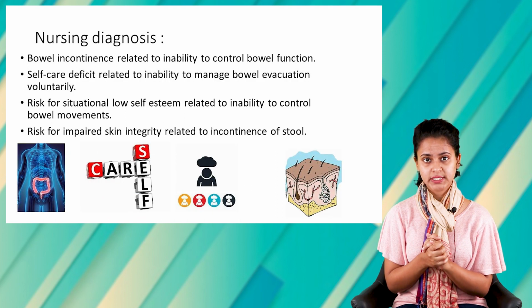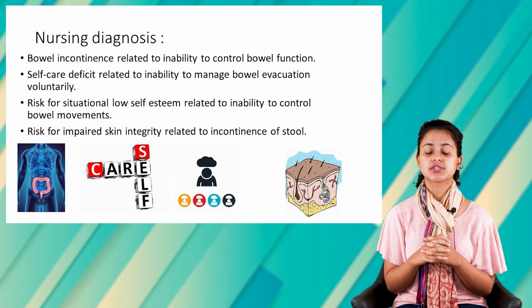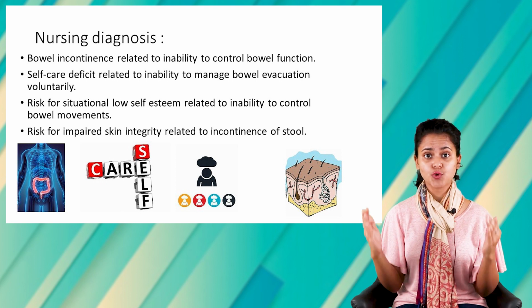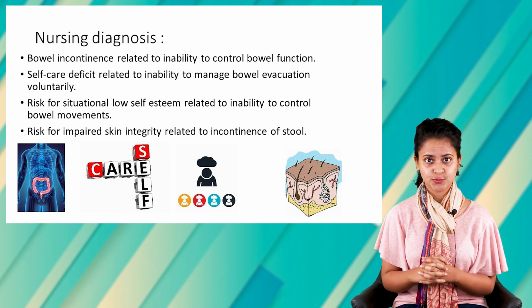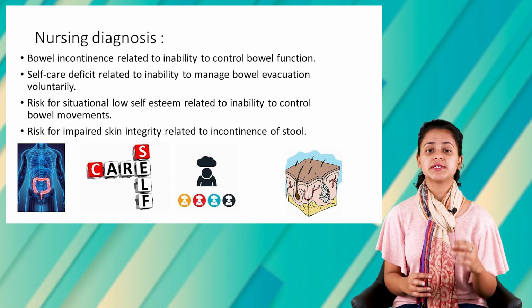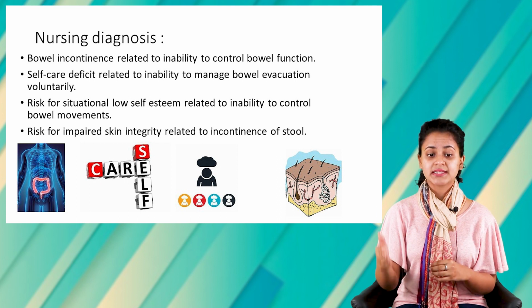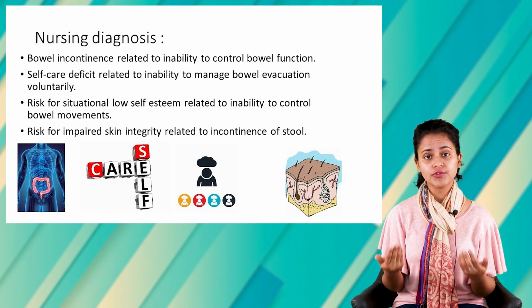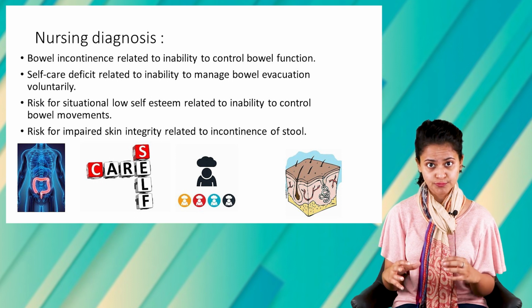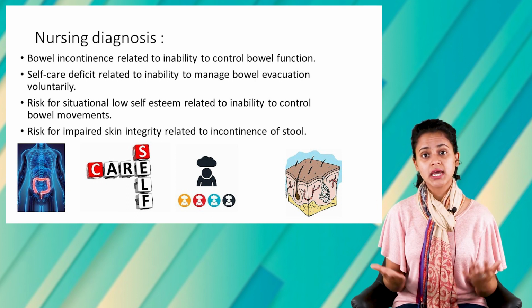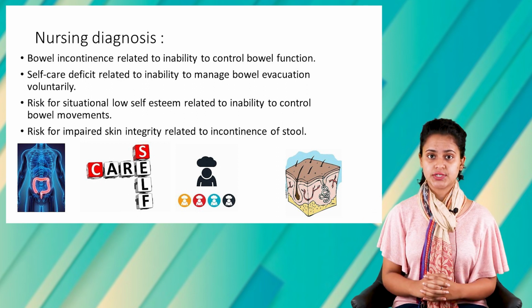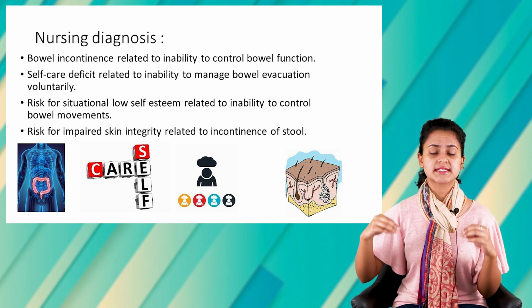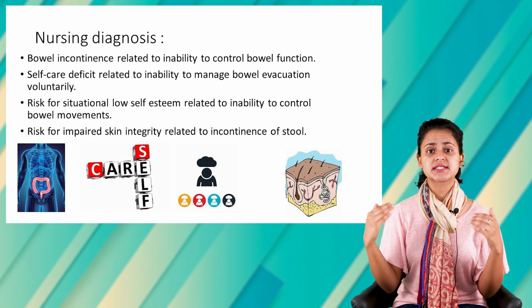Now, the nursing diagnosis often includes bowel incontinence related to inability to control the bowel function. The second prioritized nursing diagnosis often associated with fecal incontinence includes self-care deficit related to inability to manage the bowel evacuation. The next is risk for situational low self-esteem, which is often related to the inability to control their bowel movement. And the fourth nursing diagnosis often includes the risk for impaired skin integrity related to the fecal incontinence. So I hope these are the prioritized nursing diagnoses formed for a client who is suffering from